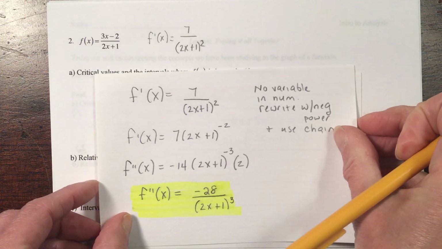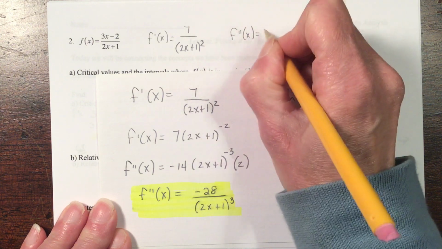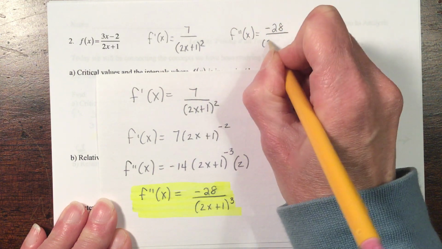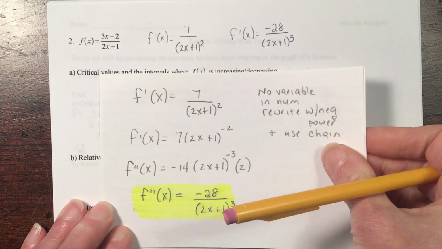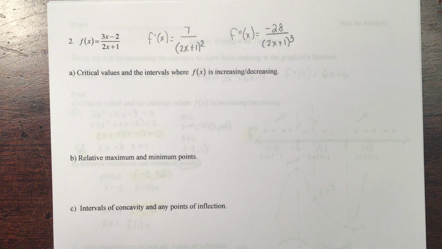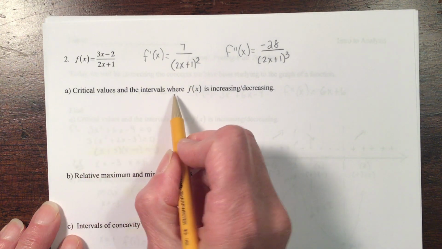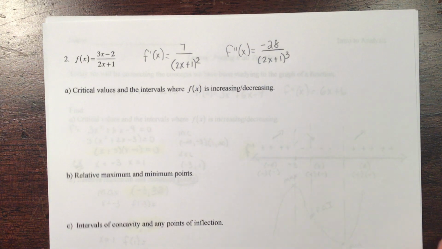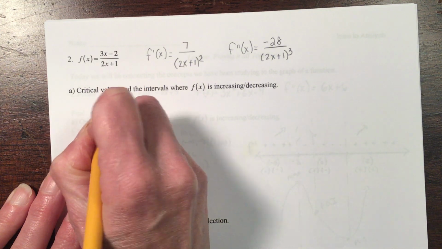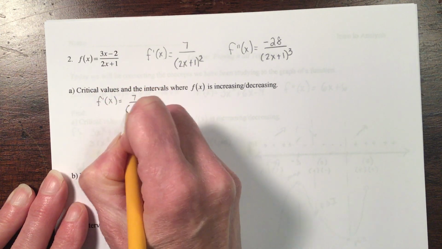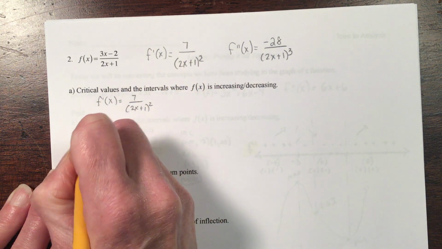And the second derivative is -28 over (2x+1) cubed. Okay. Now this work, again, I expect you to be able to do on your own, so we're working off of things that you already should know. If I want to find critical values and intervals where the function is increasing and decreasing, what I'm going to do there is look at the nature. This function is a rational function. So when our derivative is a rational function, we have to remember,